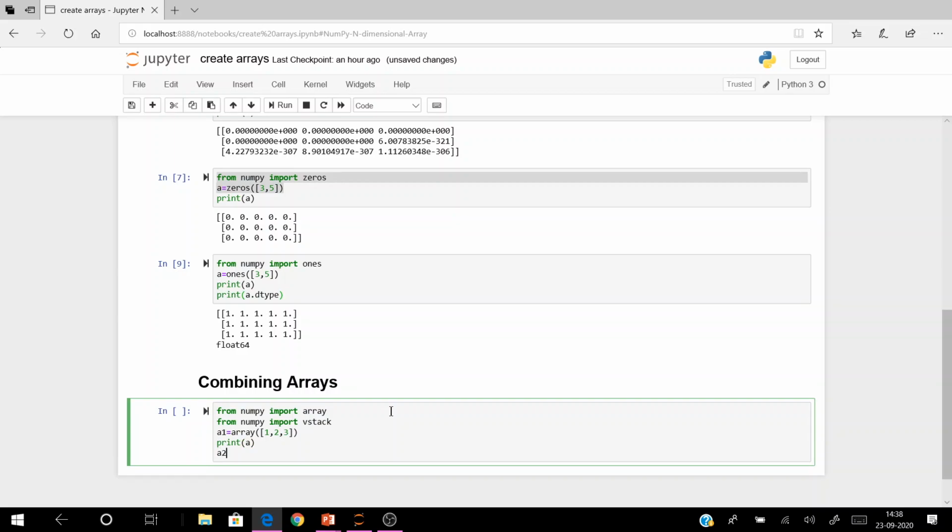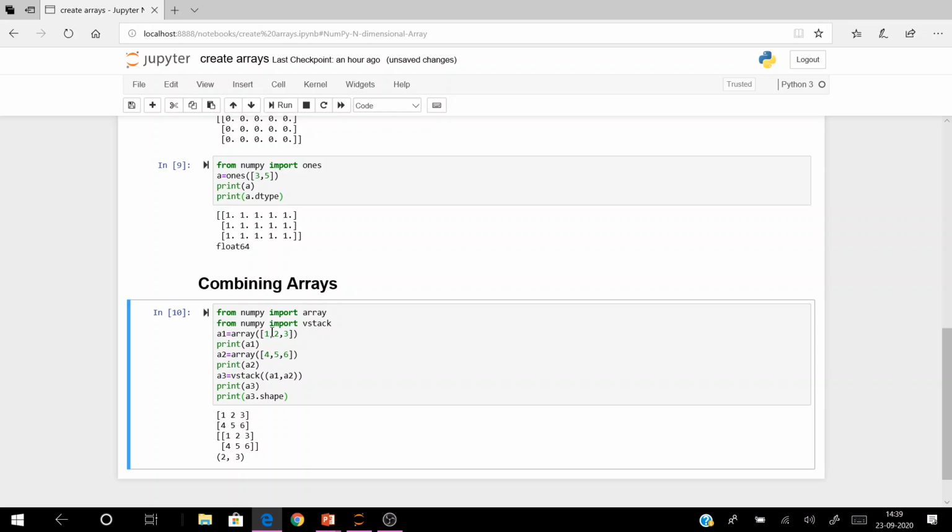Coming to a2, a2 is equal to array of elements 4, 5, 6, and print a3. And also we'll see the shape of it. Now if you run this,